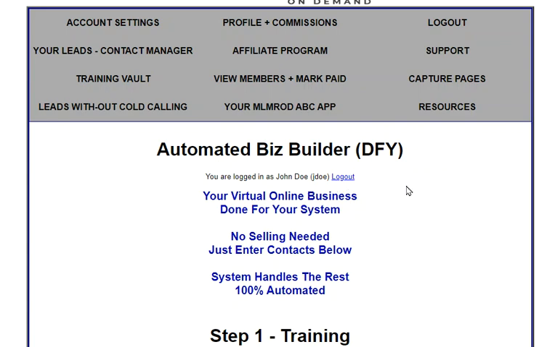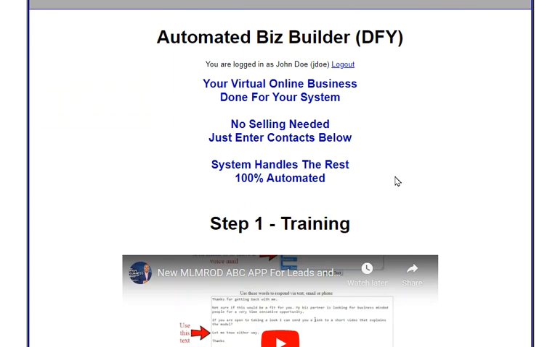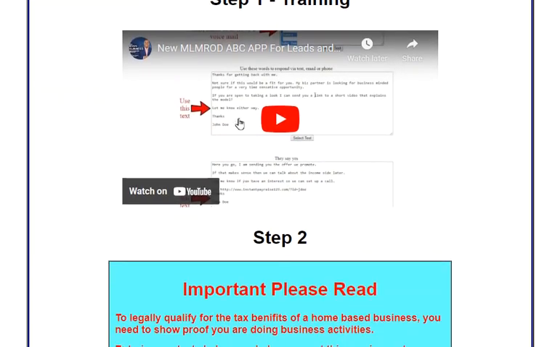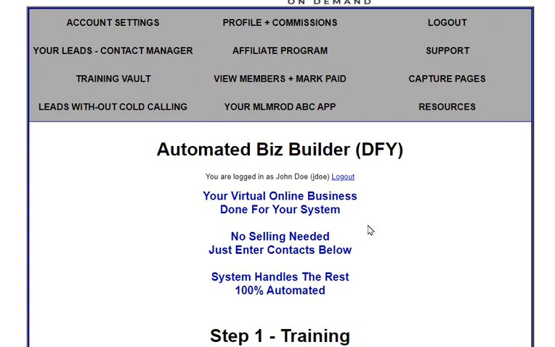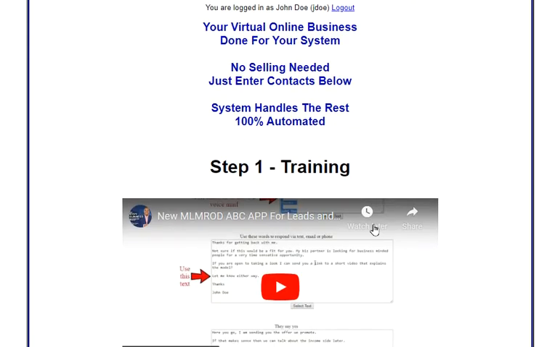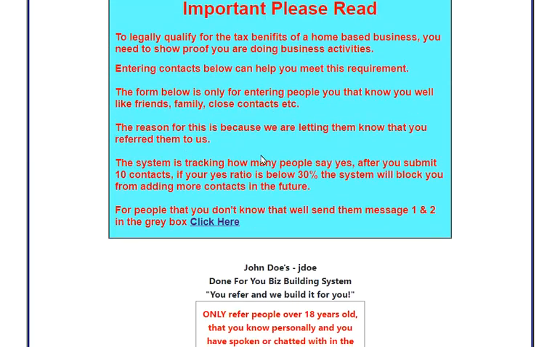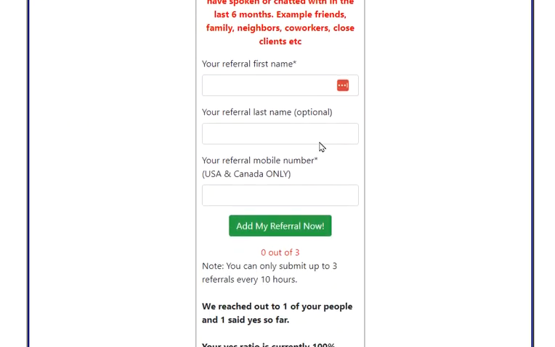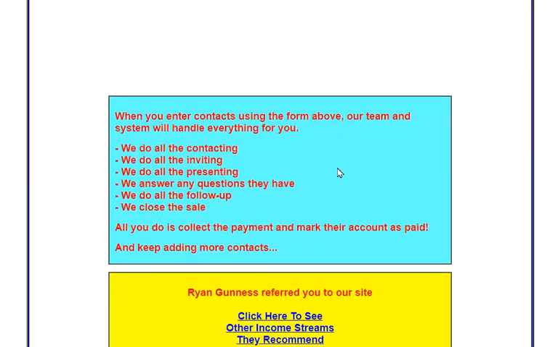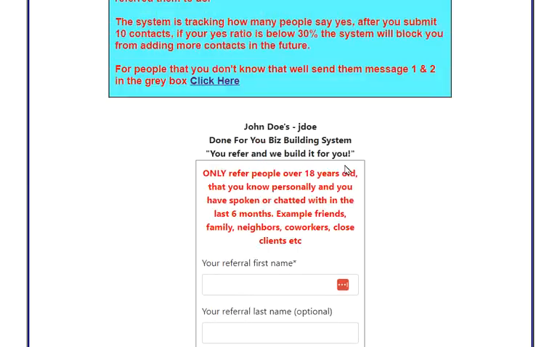So the video that you're looking at right now is right over here on the page in step one. Okay, so I'm just going to walk through this page here. You want to take the time and read through some of the comment boxes. Pretty much anything in red is comments to you. So you want to read through this page so you can understand it.